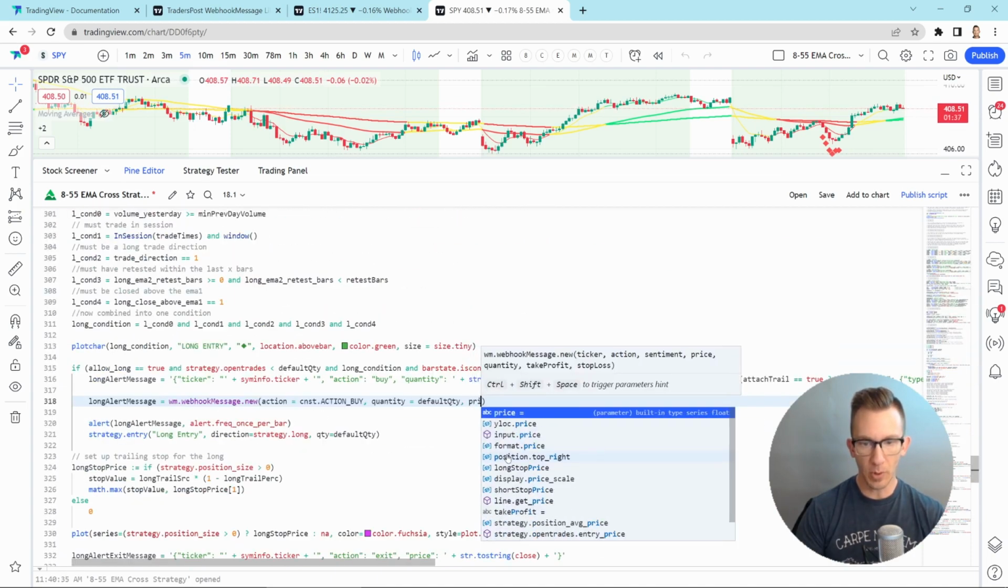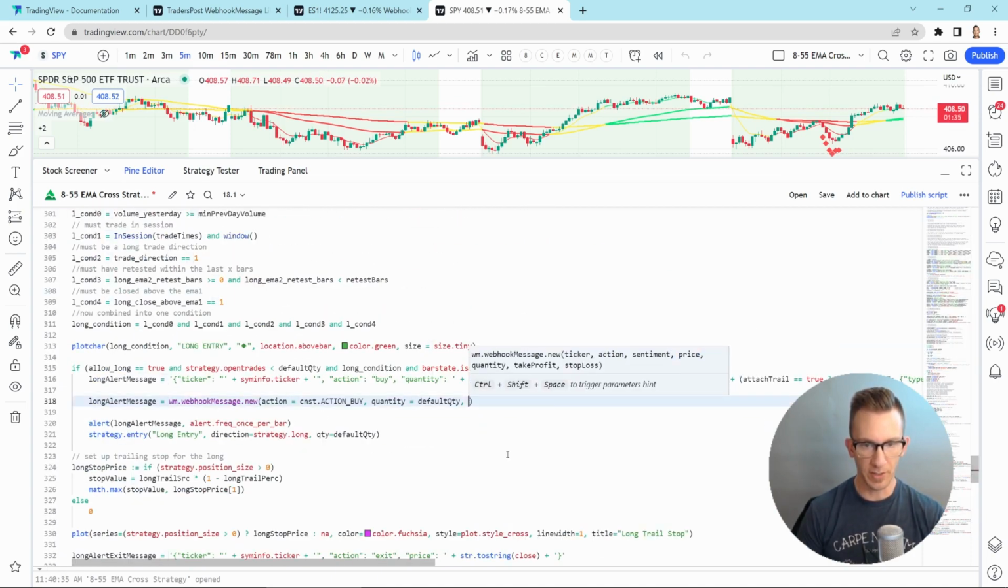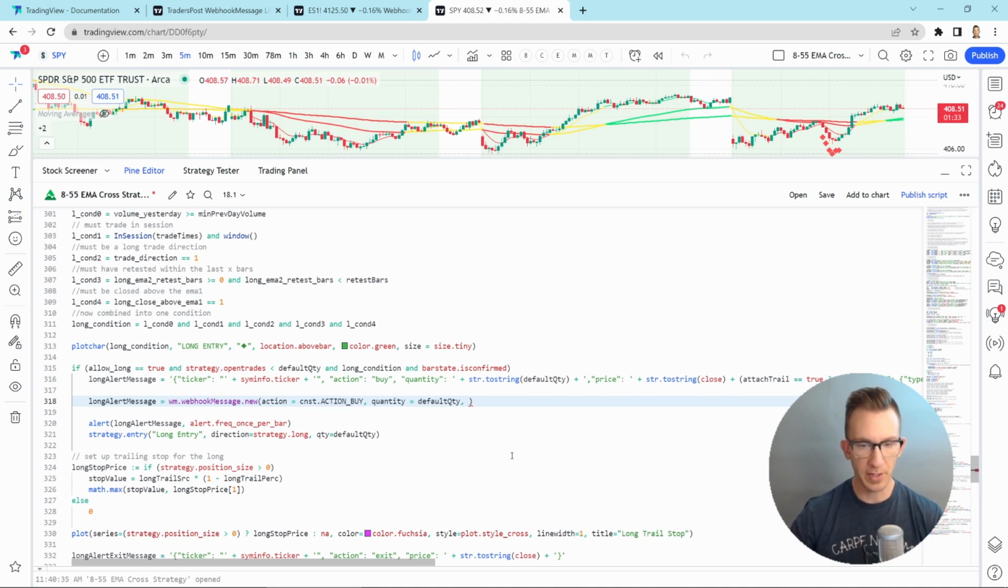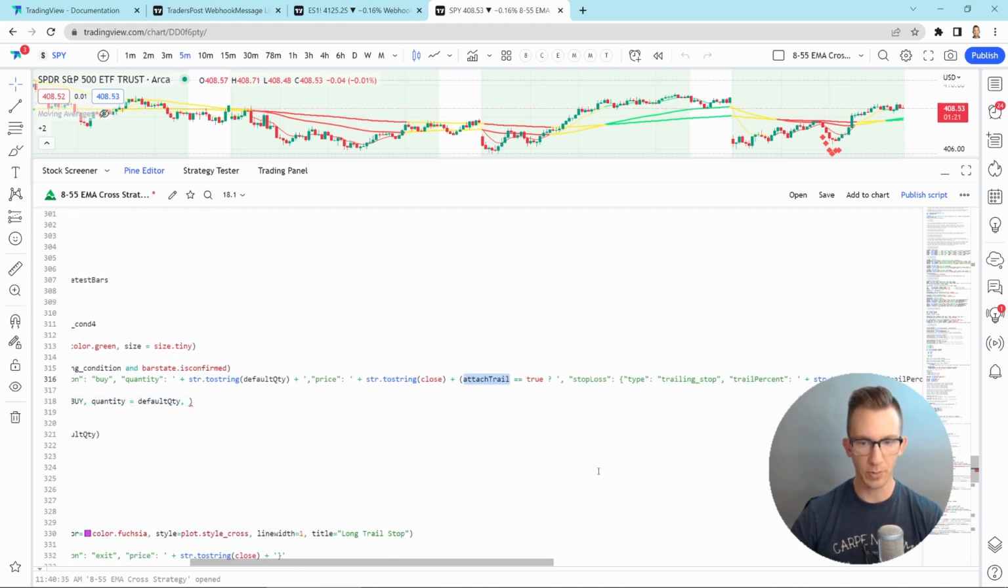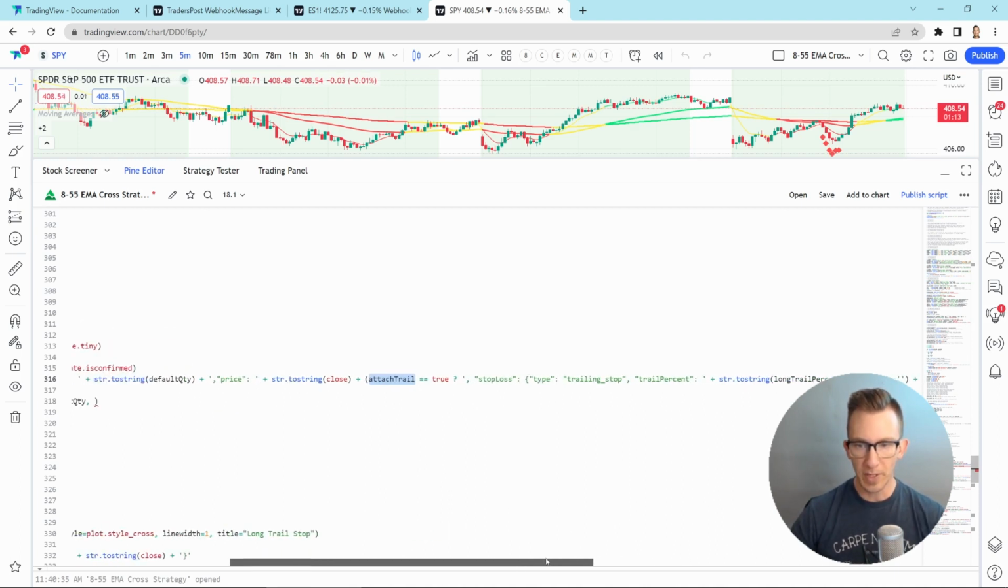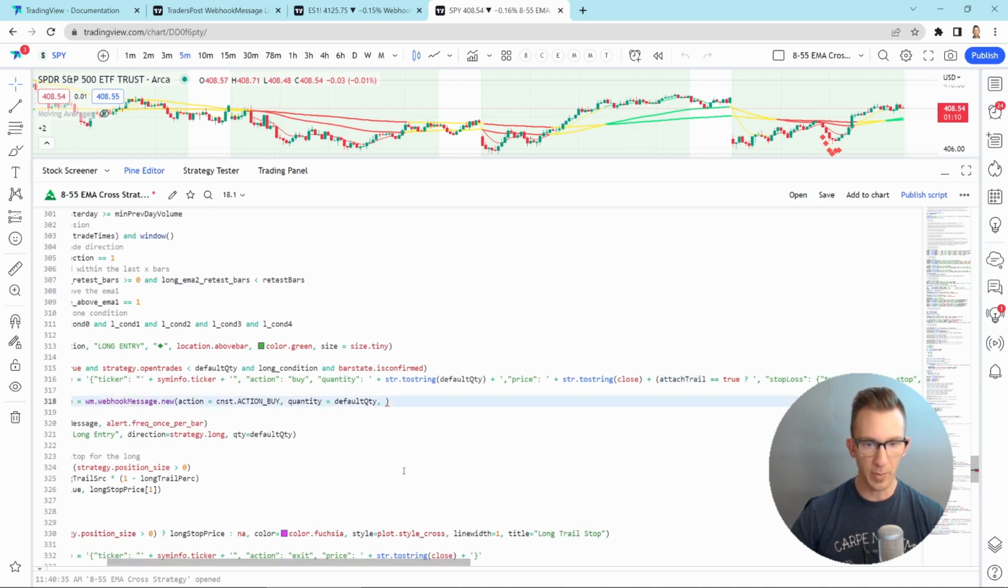We can send along a price if we want to, otherwise it will send it along for you. In this case, the strategy is designed to open a position with a market order and sell with a market order. And then there's this extra rule here which says attached trail equals true, which is in reference to sending along a trailing stop directly to the broker, in this case TradeStation. And what I want to do is make sure that first that argument is true, otherwise we don't send anything at all. So what we're going to do is say stop loss equals, and we're going to create a ternary